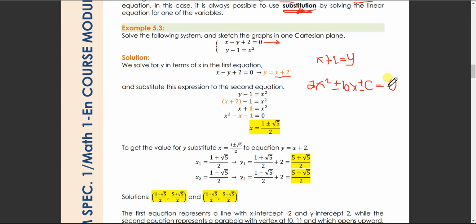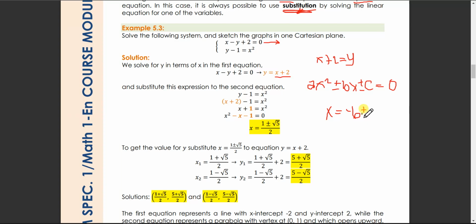So if you have something like this equation, you can use the quadratic formula in solving for roots or for the value of your x. So the quadratic formula is equal to negative b